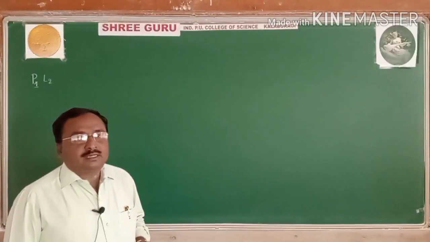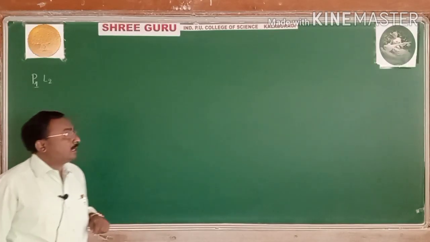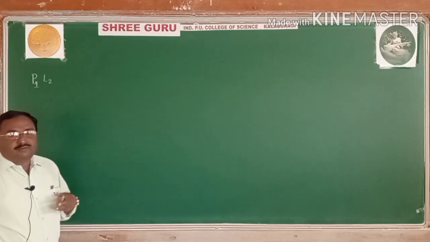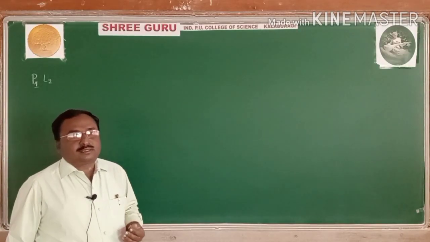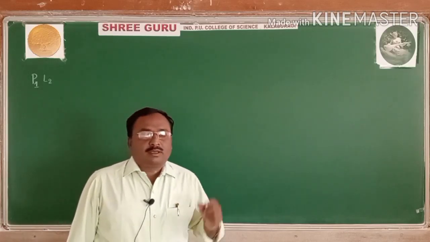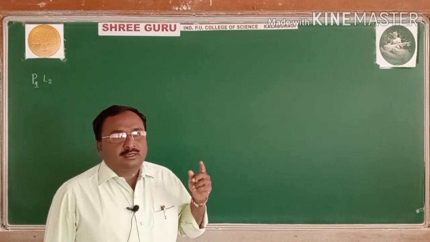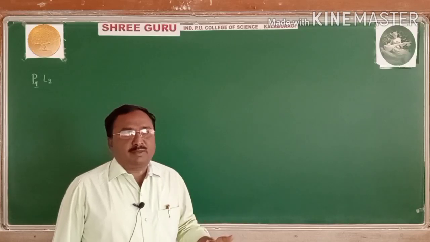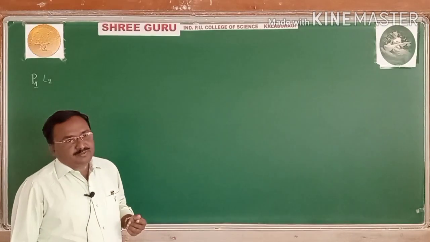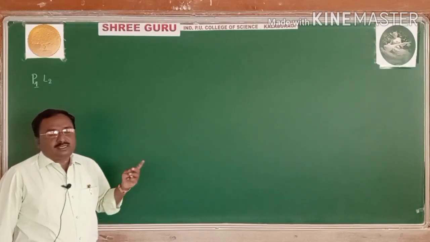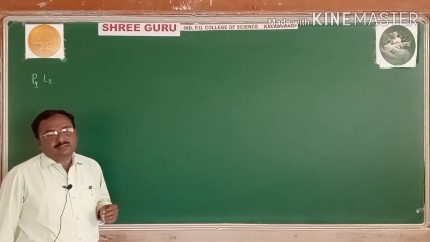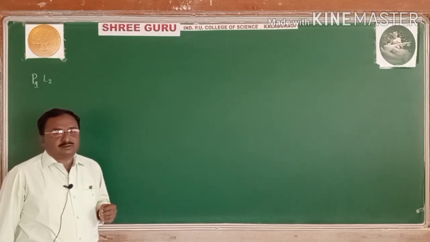Yes, my dear students, start lecture number 2, sequences and series continued. In the first lecture, the introduction part, sequence meaning, AP meaning, GP meaning, and the sum to n terms formulas are complete. Sum to n terms formula for AP: Sn is equal to n by 2 times (2a plus (n minus 1) into d).